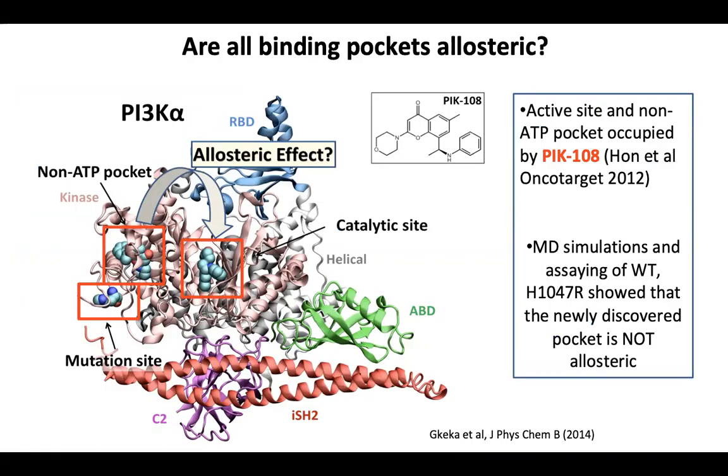And as I mentioned, here's the active site, here's the mutation site, and this is one example of a pocket with actually a crystallized ligand, which, however, is not allosteric. So not everything that you see bound to a compound means that it has an allosteric effect. The allosteric effect needs to communicate, to propagate a signal to the active site and modulate the biological response of the activity of the ligand. Otherwise, it just sits there and it may not do anything.